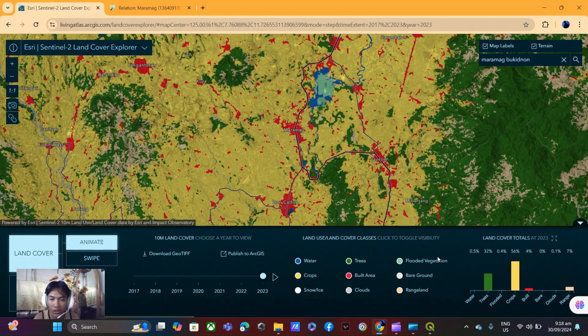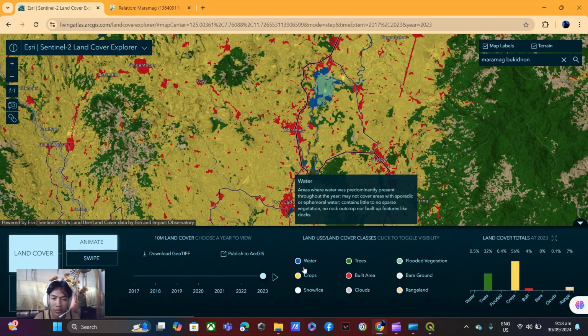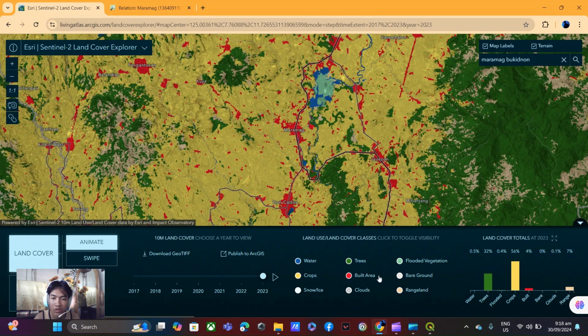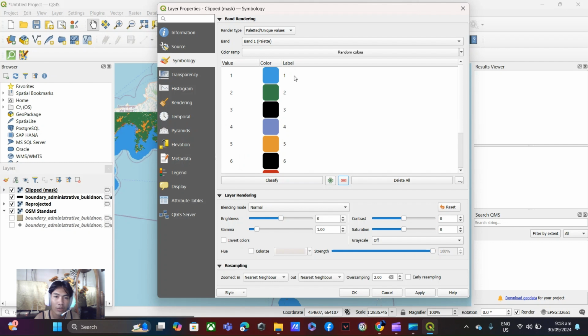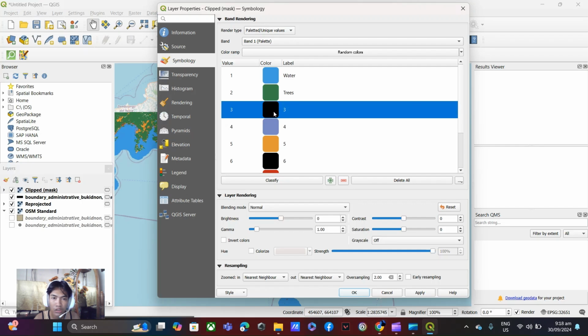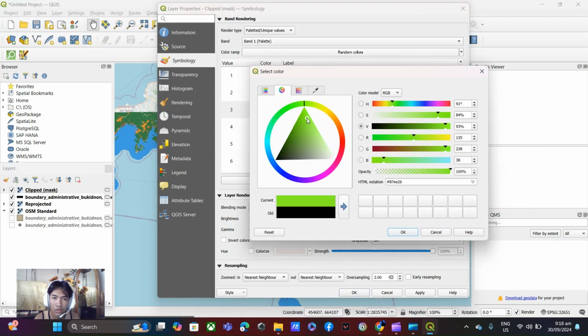As you can see, we have colors here, and these represent the water, trees, flooded vegetation, crops, built area, bare ground, snow or ice, clouds, and rangeland. So I'm going to set it here, and this one is our water, trees, and I'm going to change this color into something green,